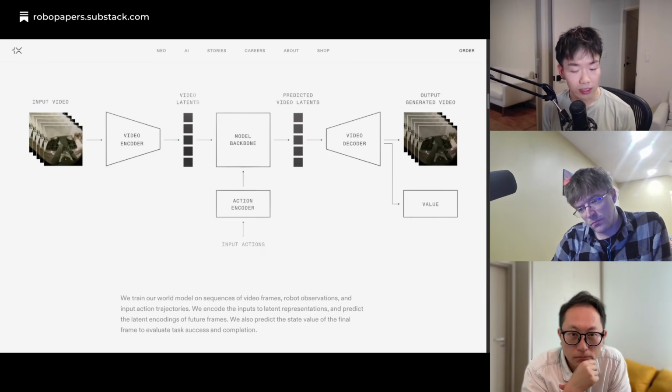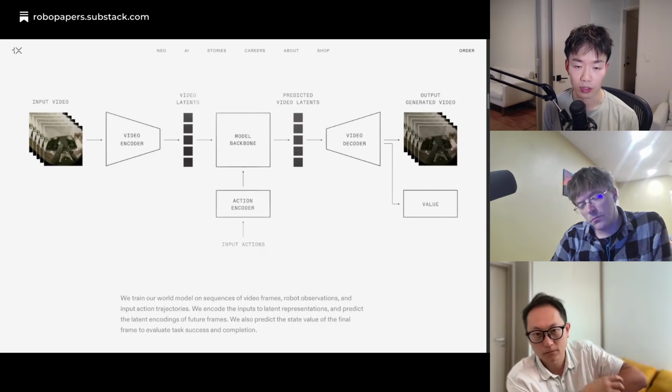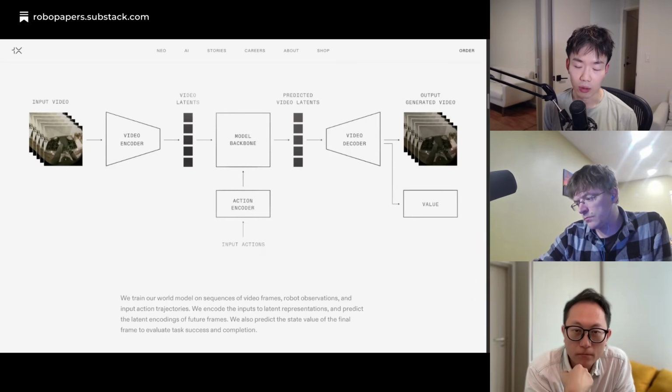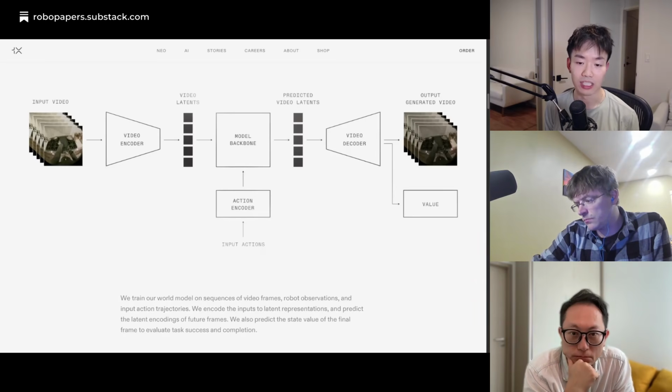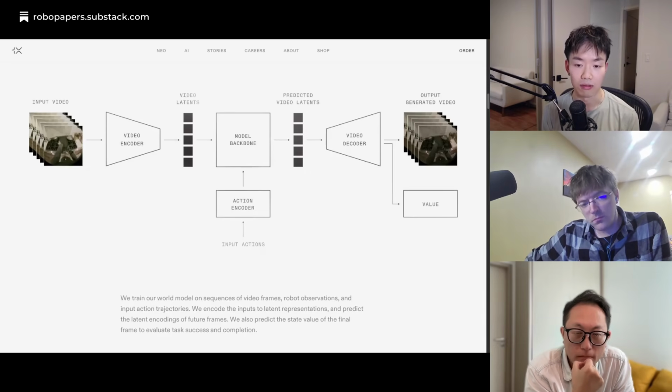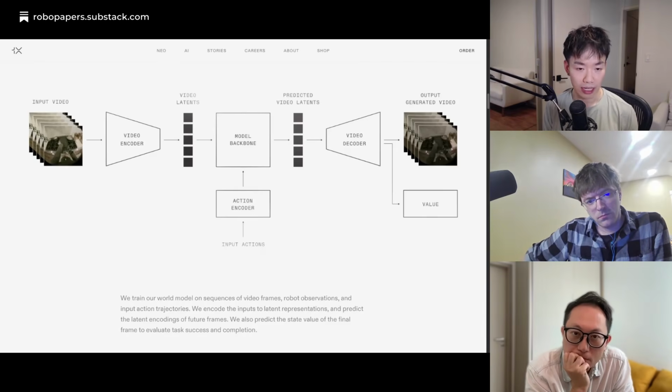And for evaluation specifically, we also need to add this extra value piece on top. So not only do we need to predict the future video sequence, but we also need to predict some value, or have a separate value function that tells us, given that I'm predicting this state or I'm in this state, how well have I completed the task? How much reward am I expected to get in the future starting from this state, or some discounted version of that. And if you can predict a value, then you're putting everything together.